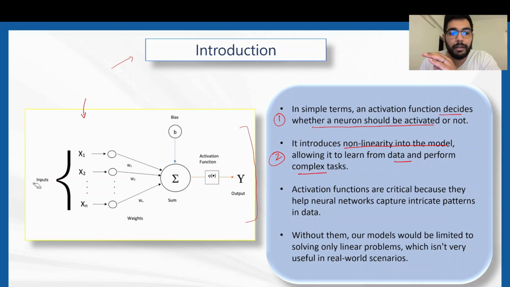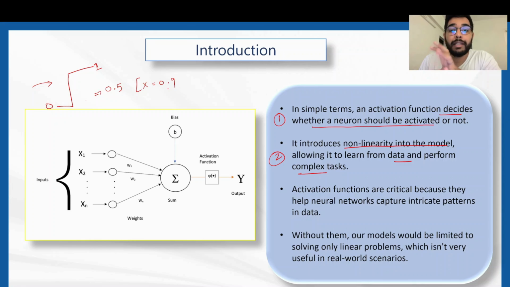Let's take an example to learn what this means. For instance, let's talk about a simple activation function, the step activation function. The step activation function essentially means that if the input crosses a particular threshold, then it will give an output of 1, else it will give an output of 0. For instance, if I take the threshold for this step function as 0.5, and assume that the input x passed to this step function is 0.9,